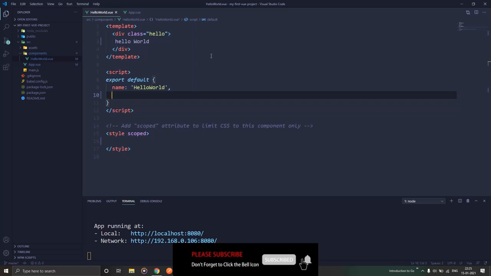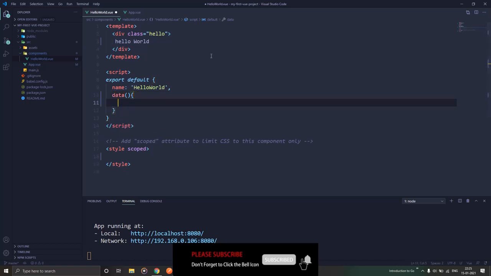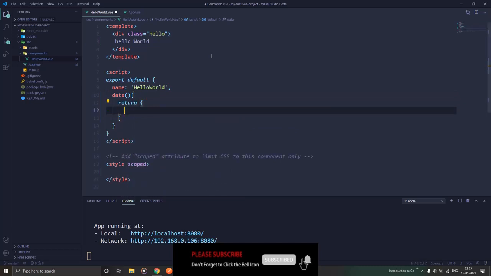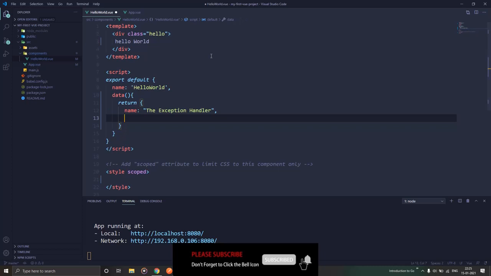So we'll create a data function, and let's say it returns name, and this name is specifically a string, and let's say I have age as a variable which is 10.